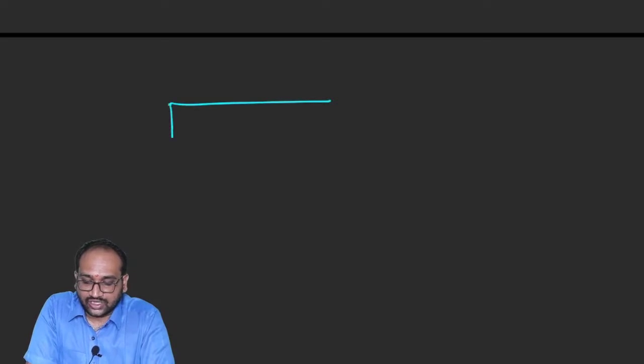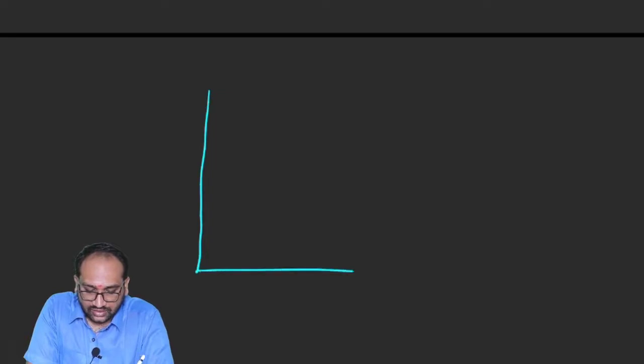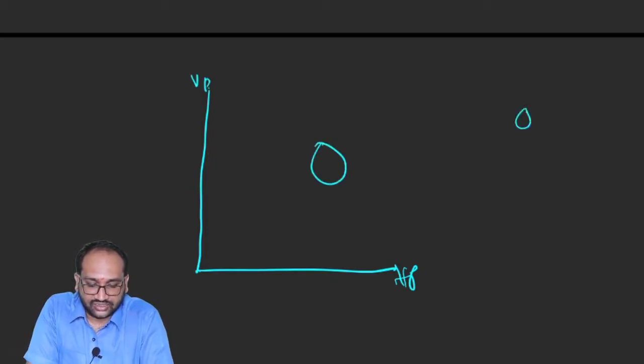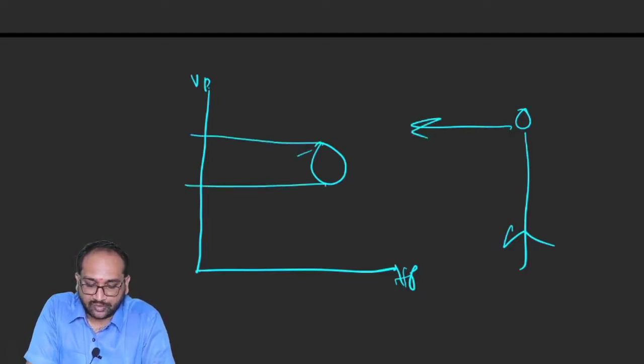How to draw first angle projection in drawing sheet? So as we know that front view is projected on vertical plane and top view is projected on horizontal plane. So this is HP. This is VP. So this is object. This is observer. Observer sees the object in this direction. Front view is projected on vertical plane. Similarly, observer sees the object in this direction. Top view is projected on horizontal plane.